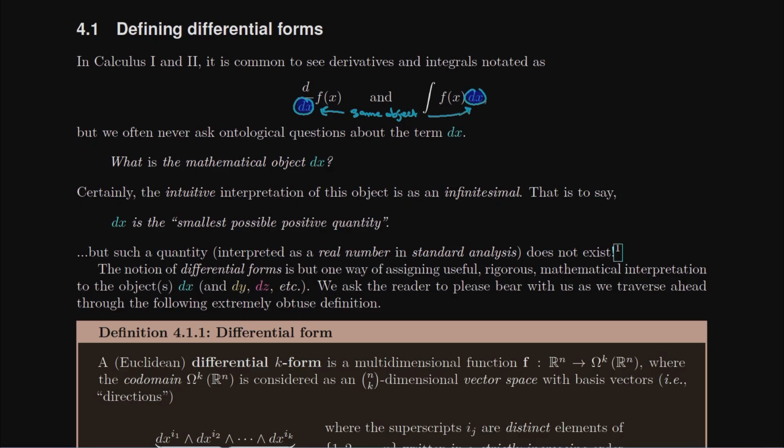And in the past, you probably referred to them as the differential of x. It is what we call them. But no one really has a good way of defining what this mathematical object is yet. Today we're going to figure out exactly what it is, or at least the way differential geometers interpret this object dx. But you may have heard in some calculus course that dx can be thought of, and this is really an intuition, so I've got it in quotation marks,